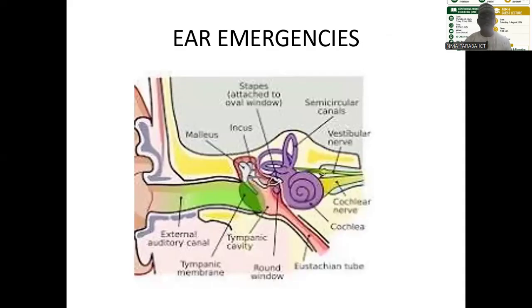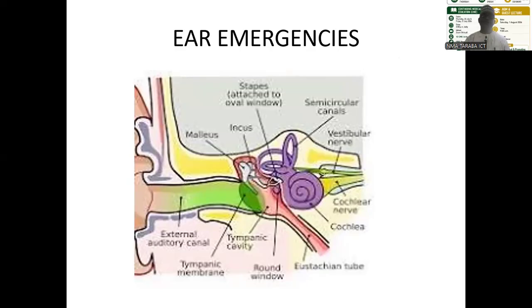And the ear emergencies, as I've mentioned earlier, are emergencies that can occur in either the outer ear, the middle ear, or the inner ear. The outer ear starts from the pinna, the pinna and the external auditory canal, as shown in this diagram, up to the level of the tympanic membrane,